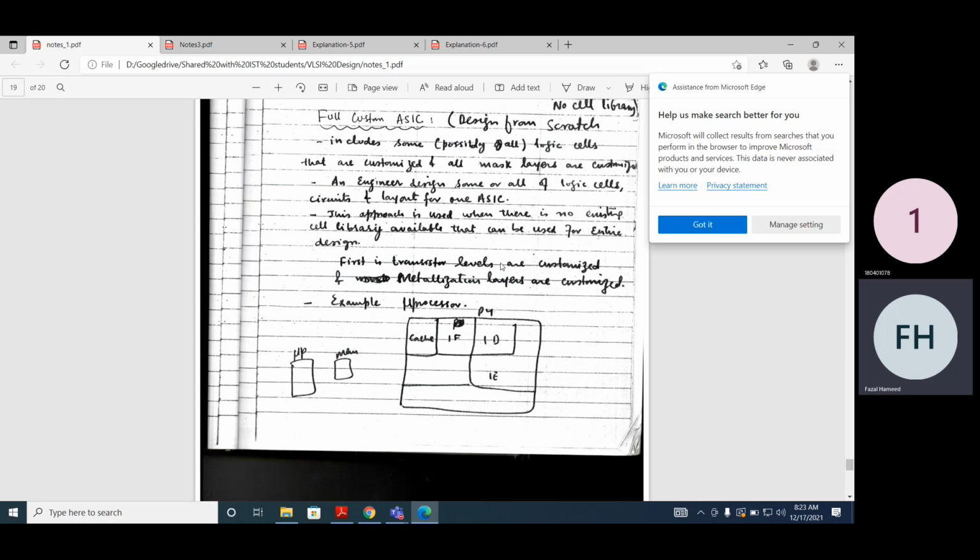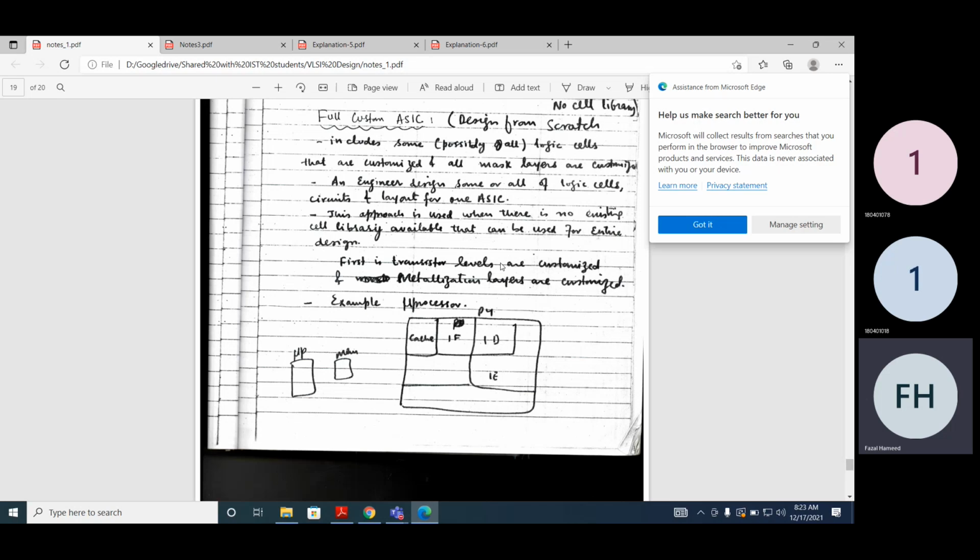There are two types of design. One is ASIC and another is FPGA. In FPGA, the chip is already manufactured and now we have to program the device. But in ASIC, the chip is not fabricated before. So when we finalize our design, the design needs to be fabricated in a fabrication foundry. It means that we need to fabricate the chip.